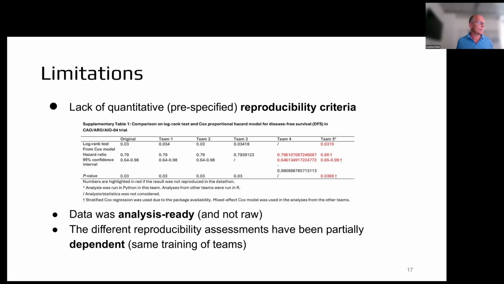And so I guess this analysis would look different if we had had the raw data and not the analysis ready data set. And finally, another limitation was that those teams were not really acting independently, because we trained them jointly. So they had the same trainings and they were also talking to each other during the datathon. So in a sense, the results that we obtained from the different teams have been dependent. But still, we believe that that was a fruitful and worthwhile exercise.